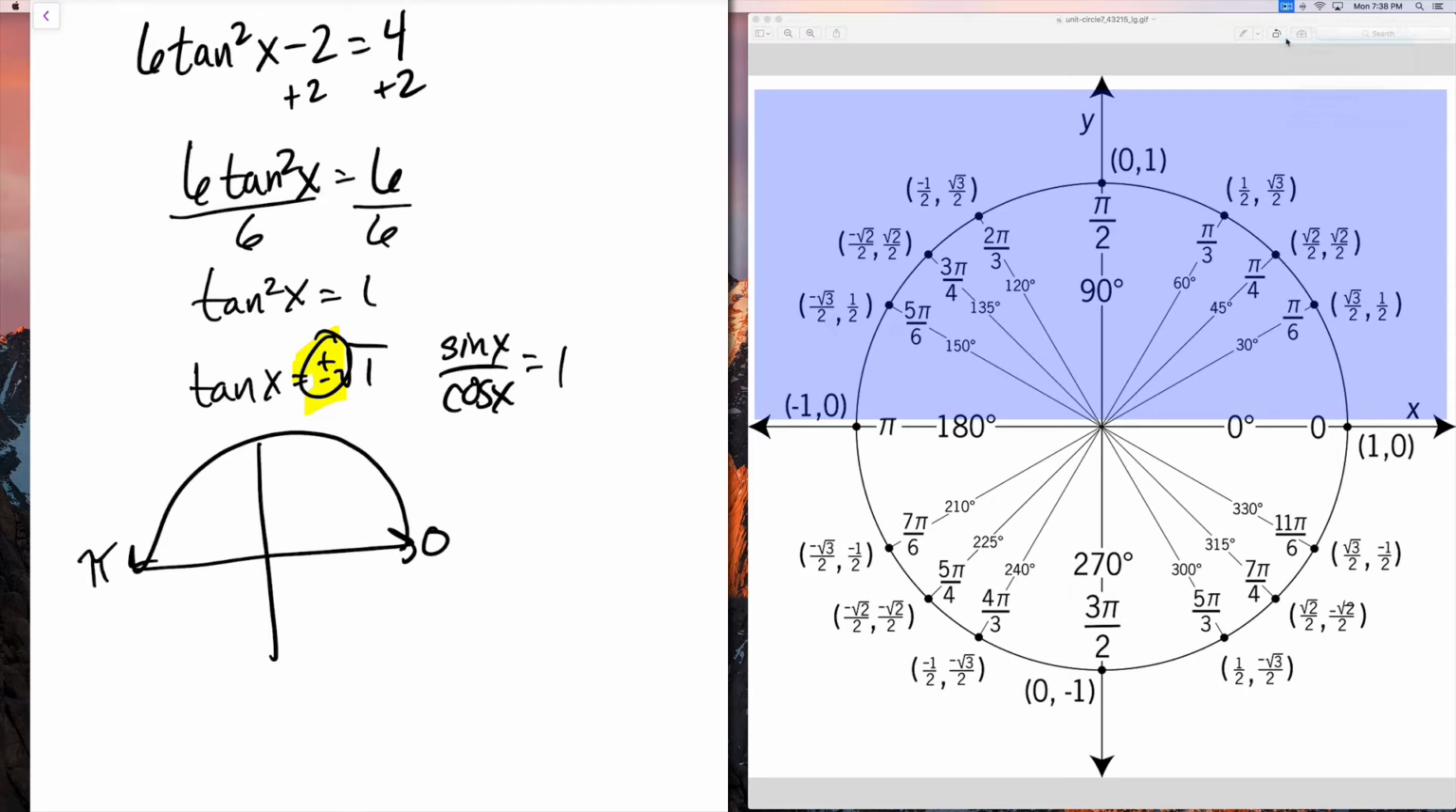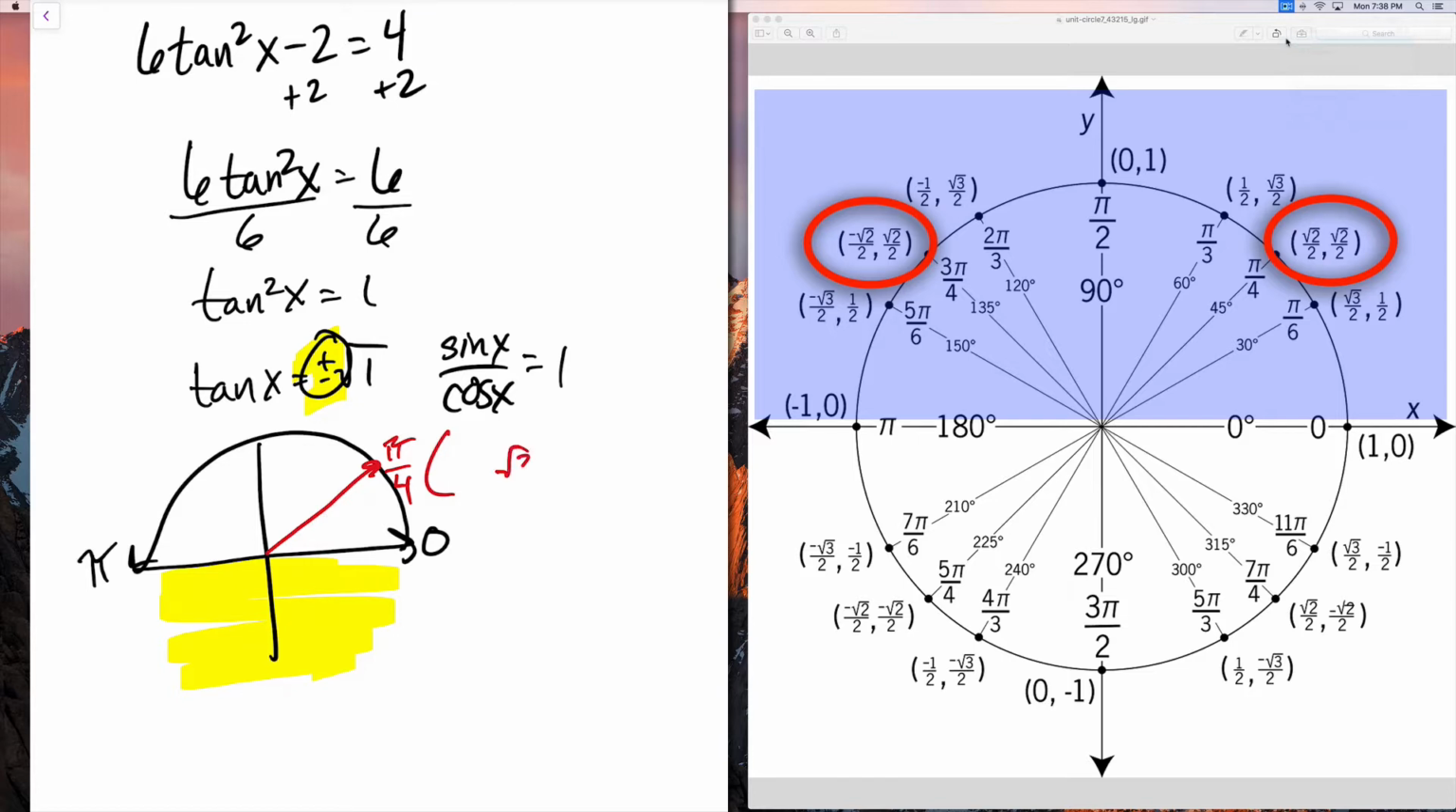So I can't look anything below where y is negative. That means there's only two places I can really look, and that is pi over 4, because at pi over 4, as you can see there on my graph, it's square root of 2 over 2 and square root of 2 over 2. So if sine x is square root of 2 over 2, and cosine is square root of 2 over 2,